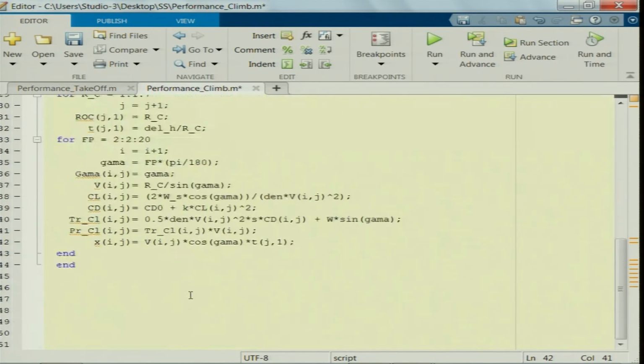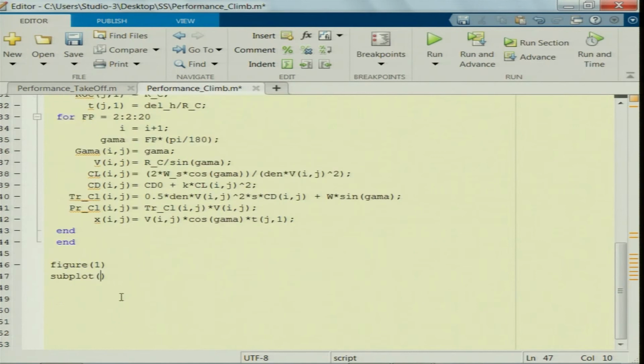Yeah. So, we have computed all the required variables here. So, now let us plot here. What are we going to plot in the first figure? Let me subplot. First, our major focus is on what should be the power required here, right. So, power required as well as thrust required, and the velocity also, and the horizontal distance. Okay, fine, we will plot all these 4 variables here.